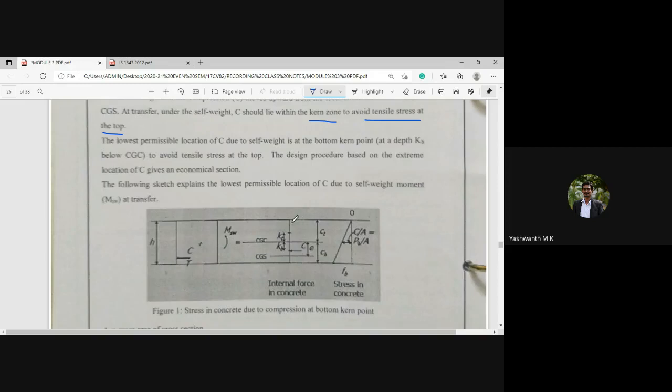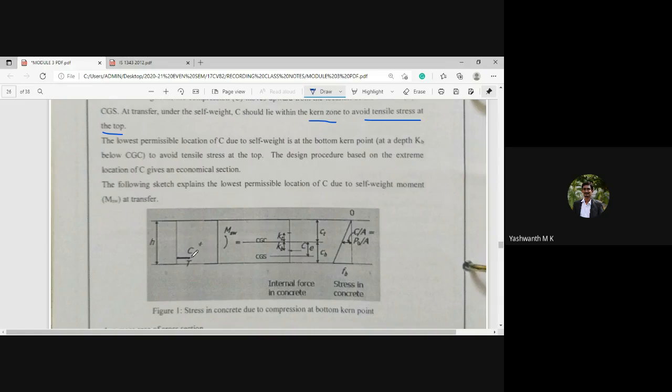Please observe here: this will be the central axis of the steel, and this will be the central axis of the section. The compressive force coincides with the tensile force, which means no flexural effect will be encountered in the PSC beam in this condition.